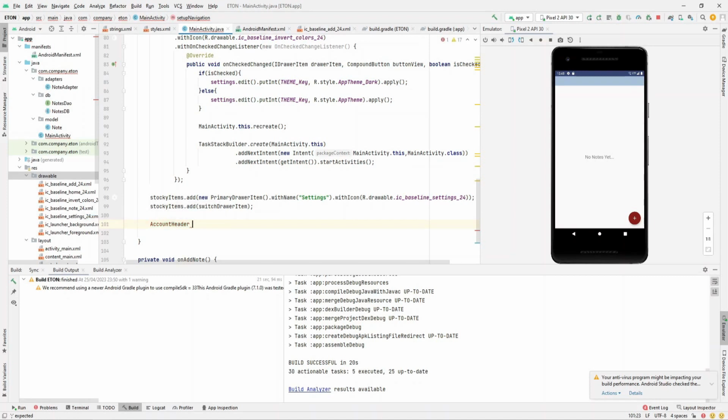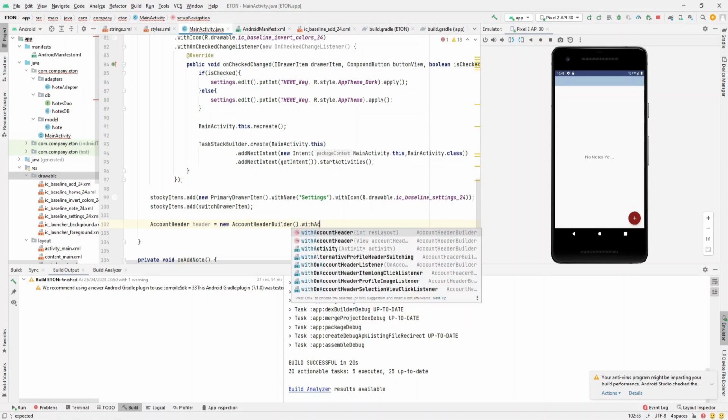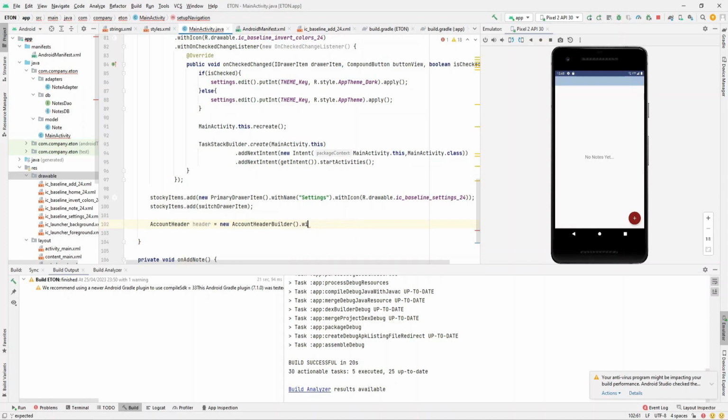So with the account header, you can create new account header, builder with activity, with activity this,